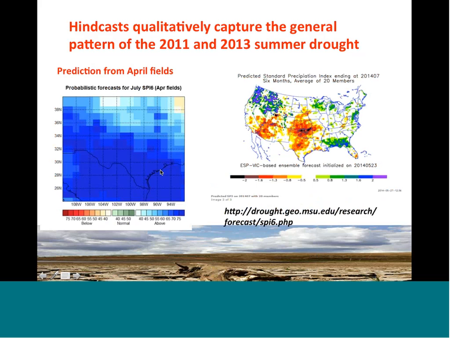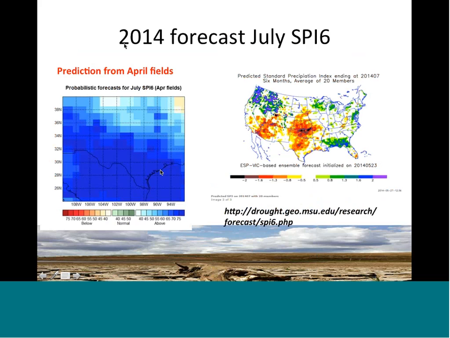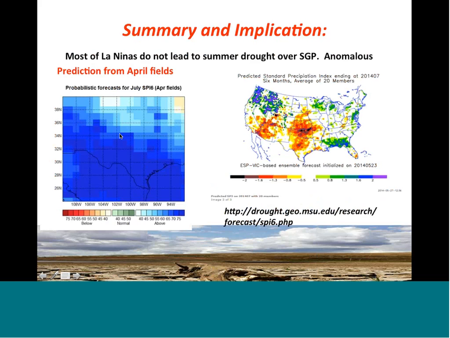And finally, I would like to just show real quick that, based on this empirical model, this empirical model predicts a wetter condition over the southern plain, especially southern Texas, versus the dynamic prediction. And it will be interesting to see which one turns out to be the case.